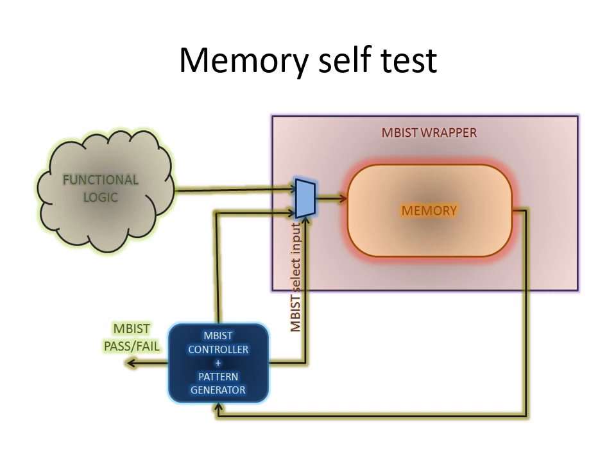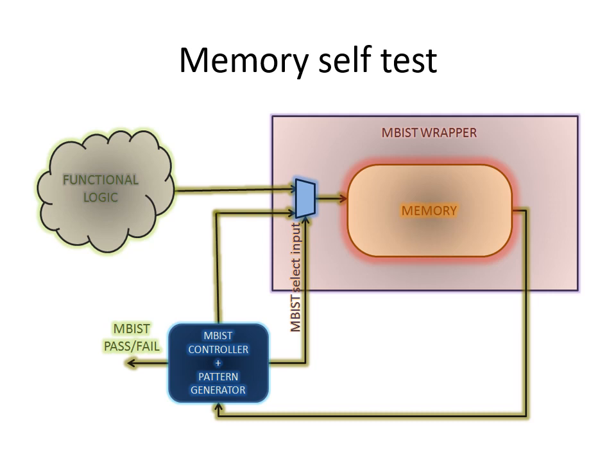The function of memory self-test is similar to that of the built-in self-test, but the only difference is that it is used for checking the functionality of the memory. There is a wrapper around the memory. This memory built-in self-test wrapper includes a multiplexer and the memory. This is also called a memory collar, and it is used to select between the functional inputs and the test inputs based on the memory built-in self-test functional mode selection bit. So using a multiplexer, either the normal inputs or the test inputs are taken.